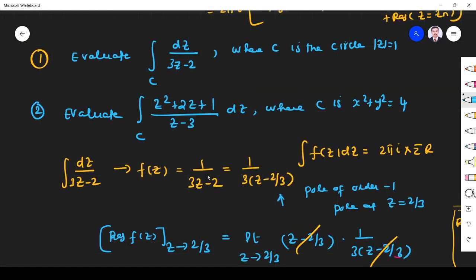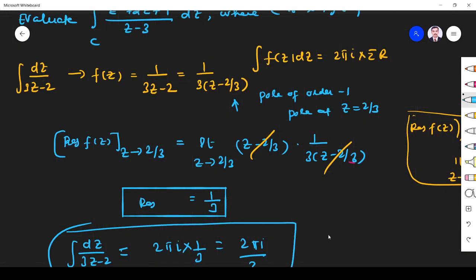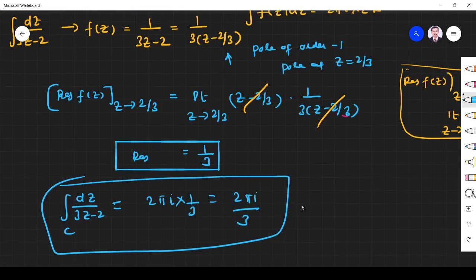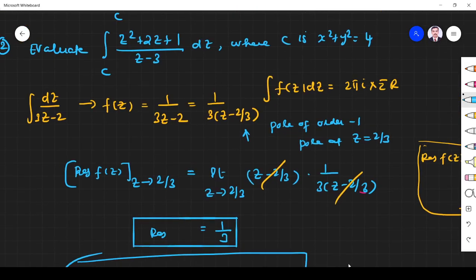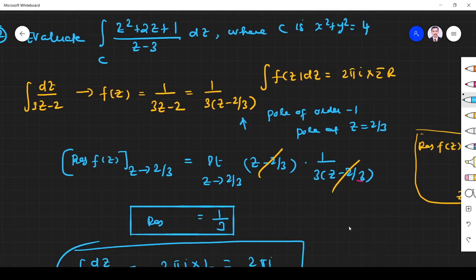Because Cauchy's residue theorem states 2 pi i into the sum of residues, right? 2 pi i, the residue is 1 by 3. Only one residue we have, so 2 pi i by 3. That is the answer. Simple problem. What about the second problem? 2z squared plus 2z plus 1 divided by